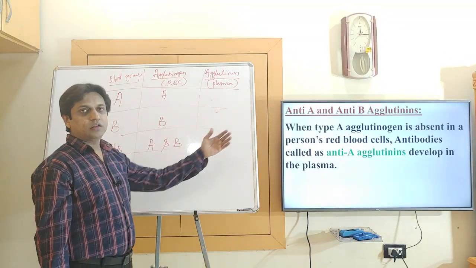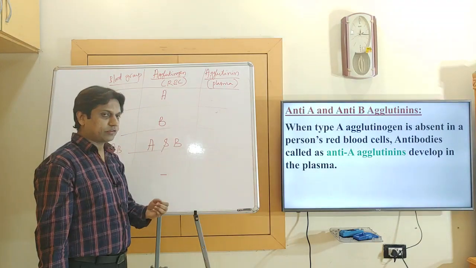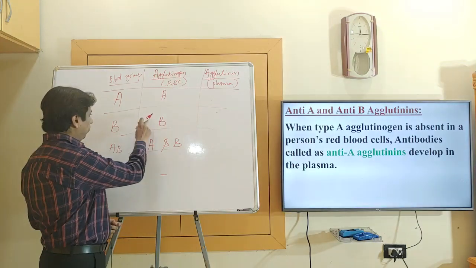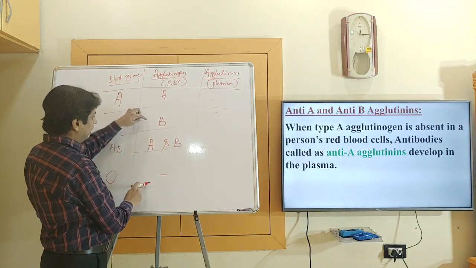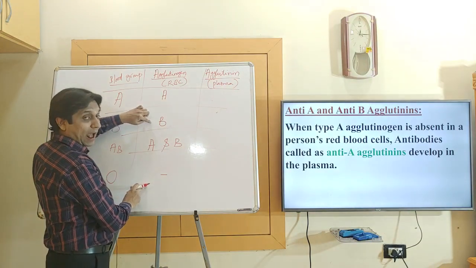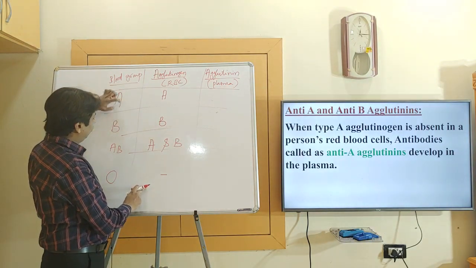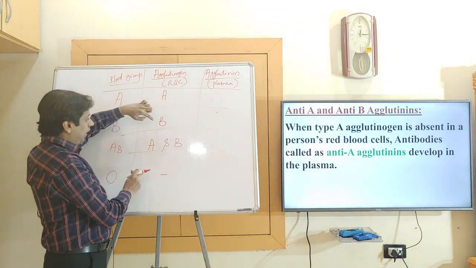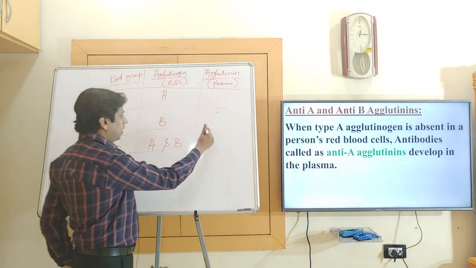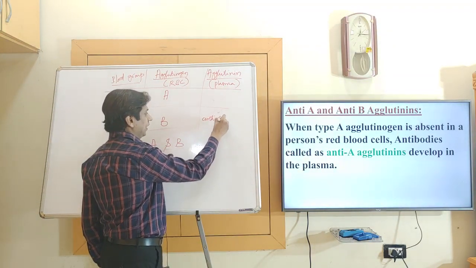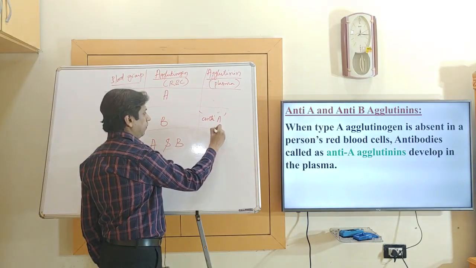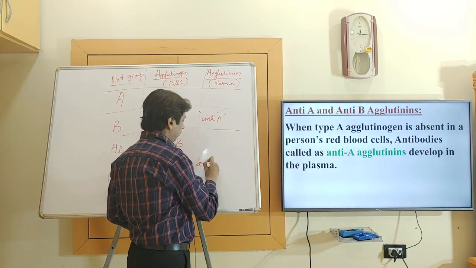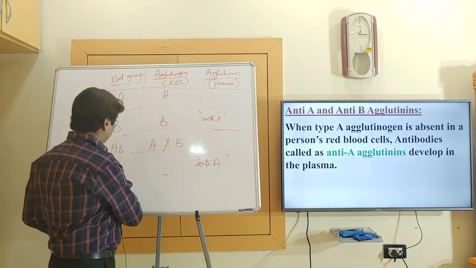If you remember the third objective we discussed in Landsteiner's law, when there is absence of A agglutinogen, that is in blood group B and O, there is absence of the A antigen. In blood group AB, as well as in A, A antigen is present. In blood groups B and O, A agglutinogen is absent, so its corresponding antibody, anti-A, will be present in blood group B and blood group O.